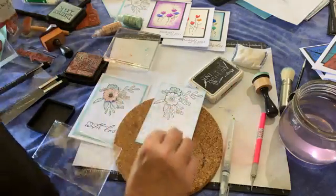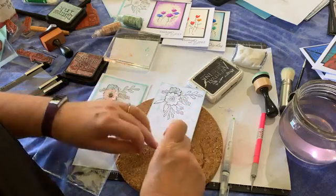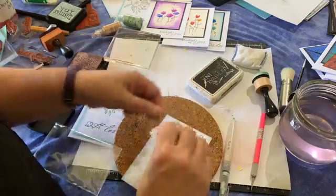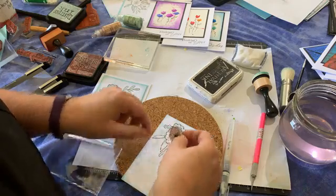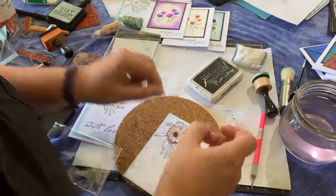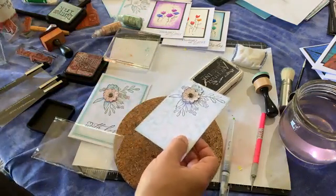Then a little piece of mounting tape on the back. And then you're just looking for, I always look for this one with the little line across it. So that lines up perfectly. Okay, then what we can do is, when we're at that stage,